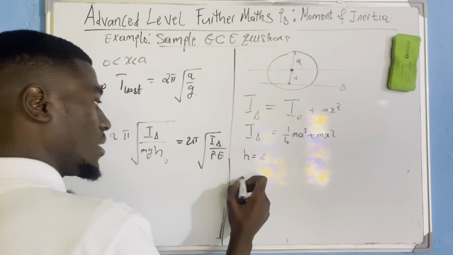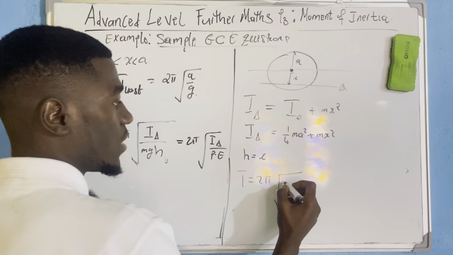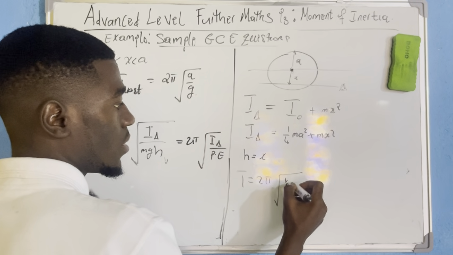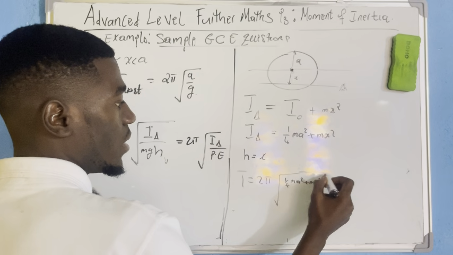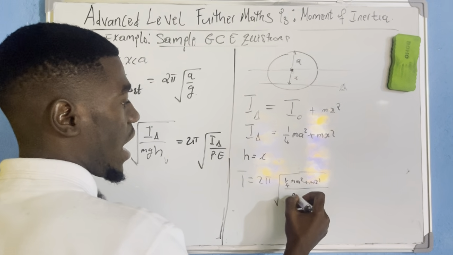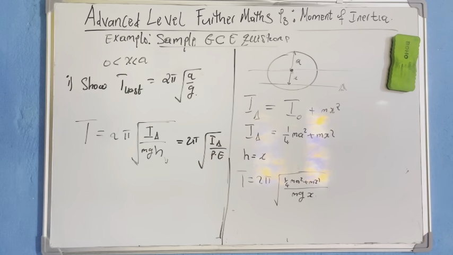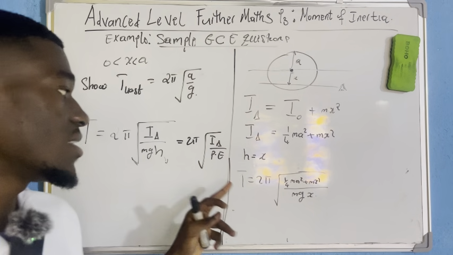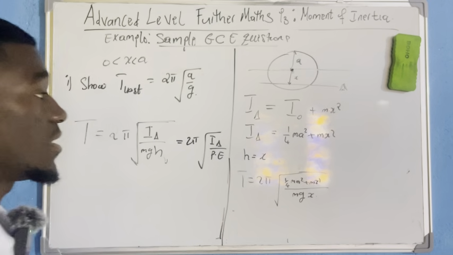So my period T is 2 pi square root of (1/4 m a square plus m x square) divided by m g x. Exactly. So this is the expression of the period of rotation of the disc about